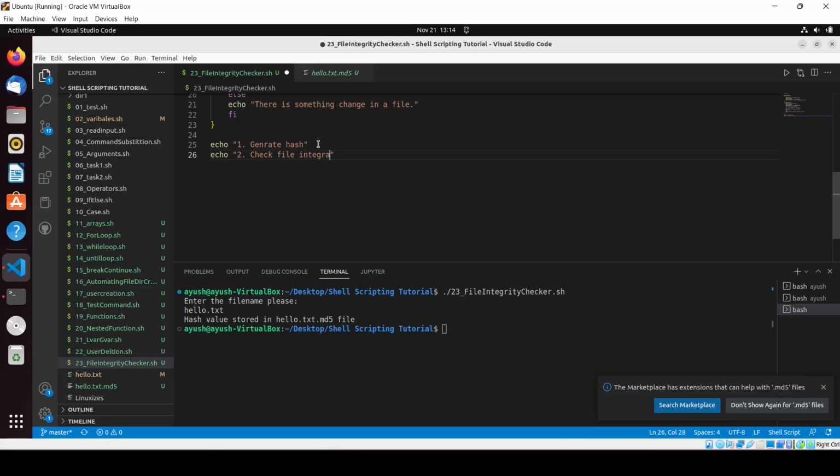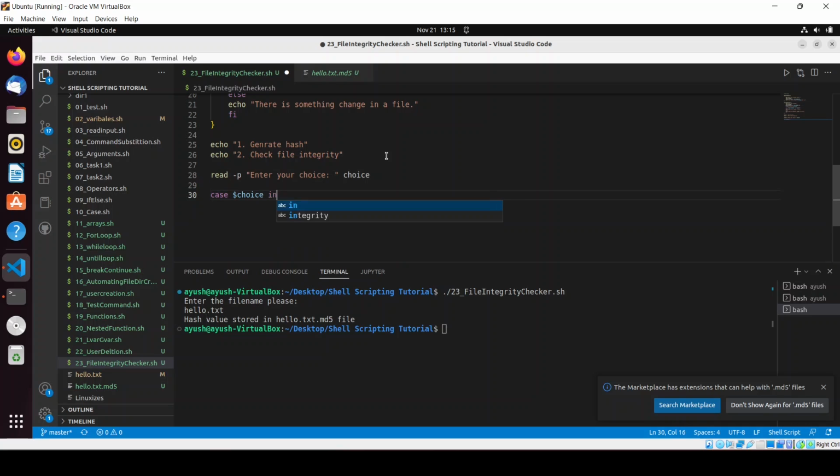Then we will use the switch case, whatever we have already learned. So we will use read -p and write enter your choice, and we will store it in the choice variable. Then we will use case dollar choice